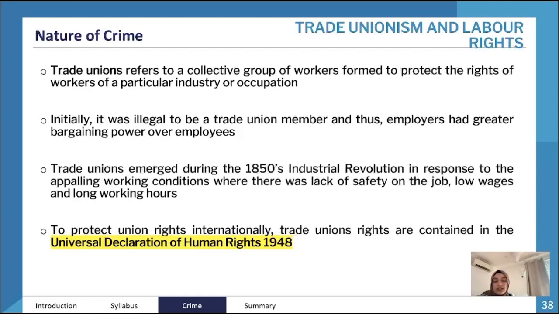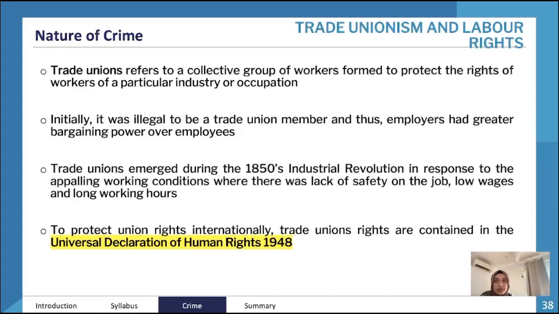When it was initially founded as a concept, it was illegal, and thus employees had really little to no rights. Employers just told them what they would be given, and employees just had to deal with that. So trade unions emerged during the 1850s and during the Industrial Revolution, which, if you studied that in history,